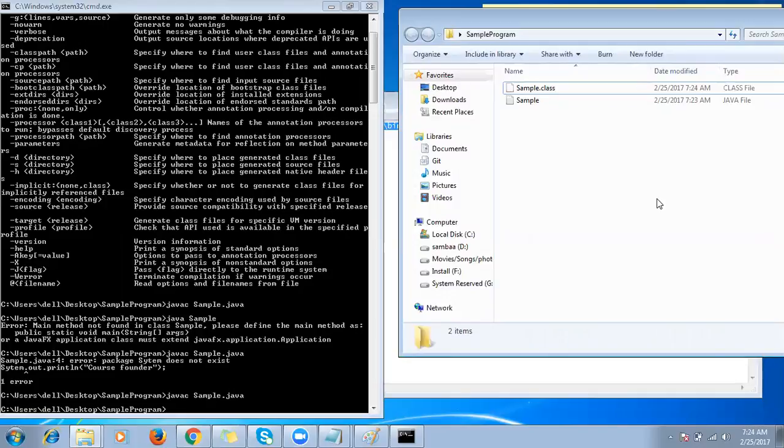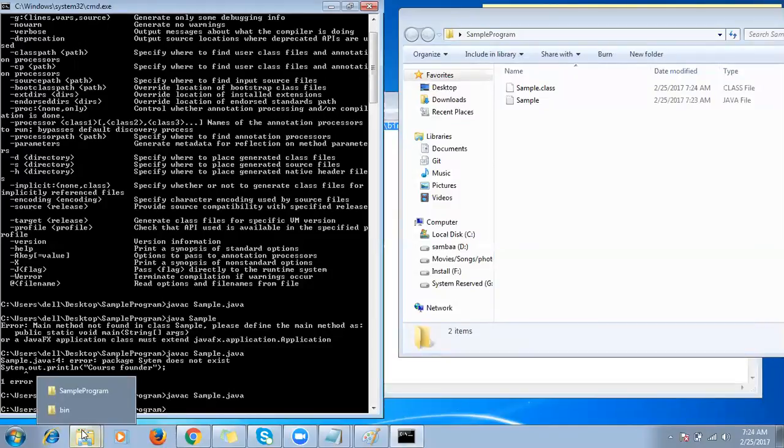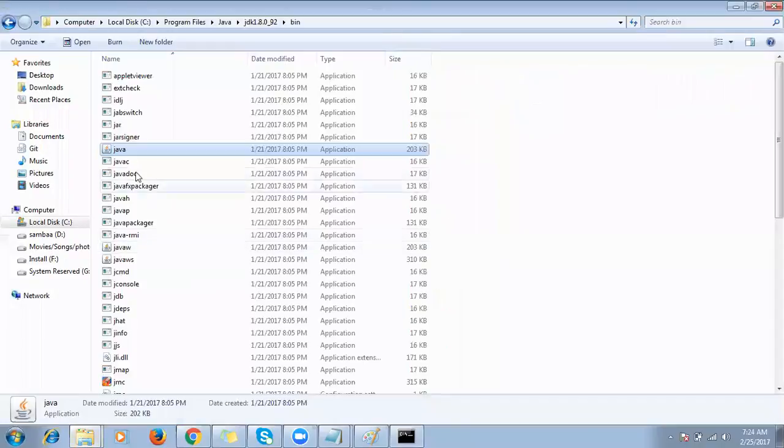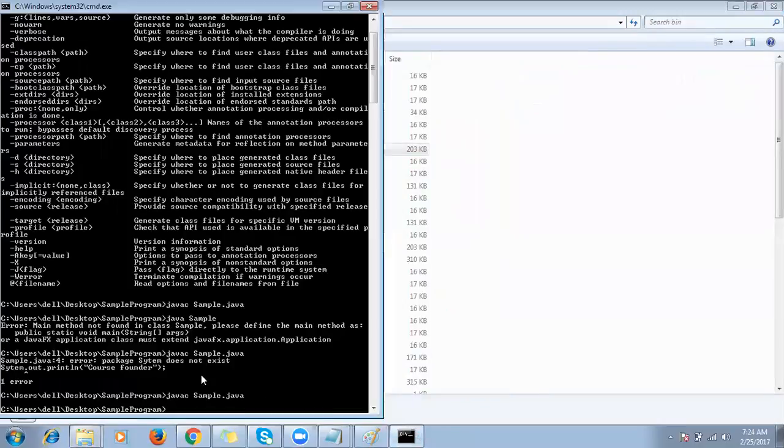Now we have to use JRE. We need to give input to the JRE. How to do that? By using the Java command. Java is already there in bin, and we have already configured this location as part of your path. So now let me go back here. How to give input? Java